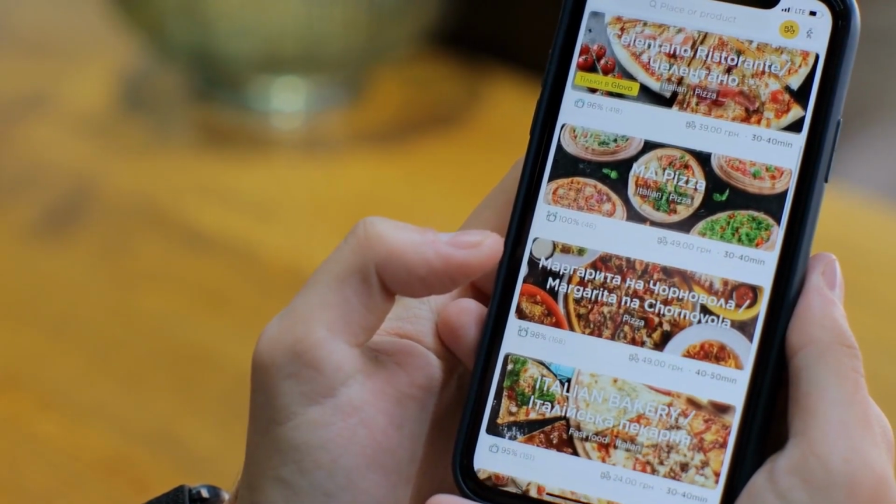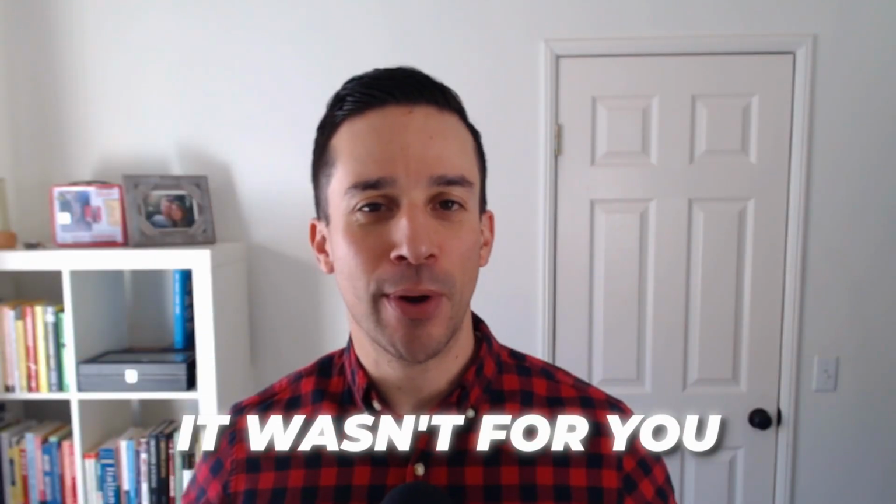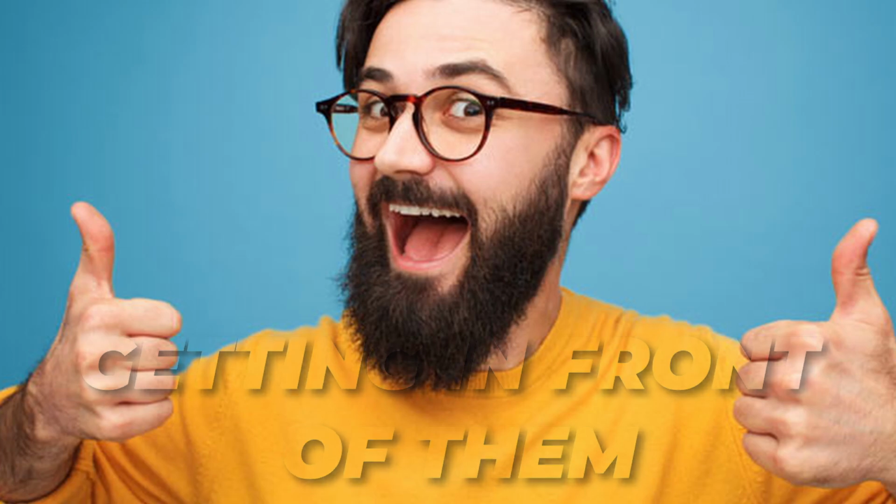So let's say you're scrolling through your news feed and you see an ad and you click that read more button, you read through the whole copy, but then you realize that it wasn't for you, and so you keep on scrolling on. Well, regardless, you interacted with that ad, the algorithm notices that, and then it goes, wow, this person is super interested in this business. Let's keep on getting in front of them over and over again.